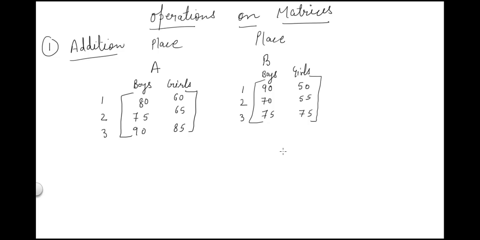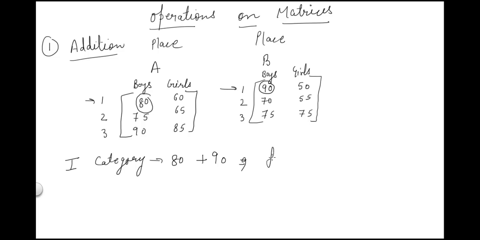Now suppose Fatima wants to know the total production of sports shoes in each price category. So for the first category, how will she find it for boys? In the first category in matrix A, that means at factory A, my items are 80. So 80 plus, same in the first category only. You see here both have one category or first label. So here it is for boys 90. So the total production at both the places is equal to 80 plus 90.